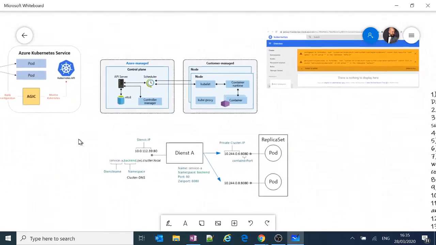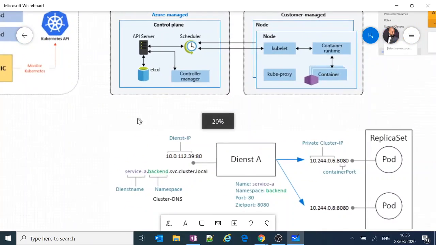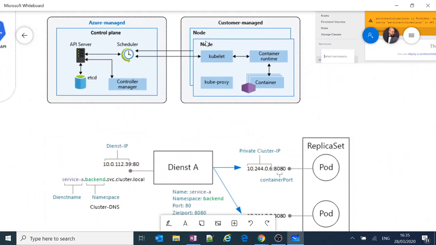If we go ahead and try to understand a bit more about the control plane, as I said, Azure manages that particular control plane. It manages our etcd storage, the API server, and the scheduler. If we are defining when the nodes should start and stop, that would be managed by Azure, and the controller manager is managed by Azure.